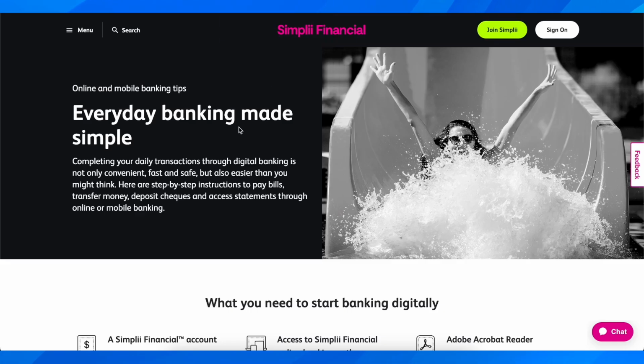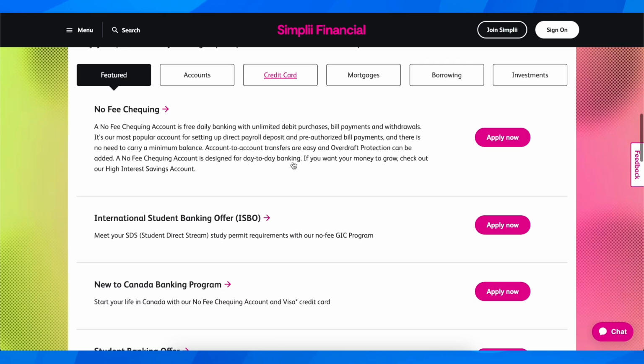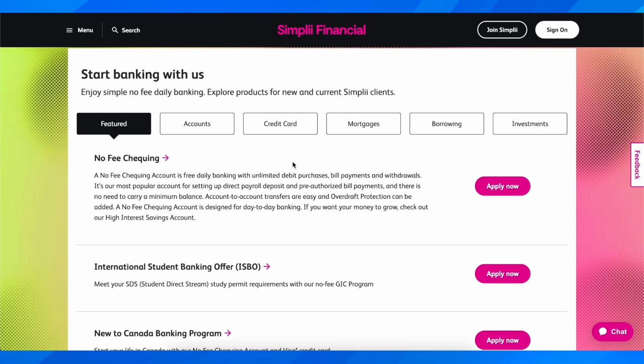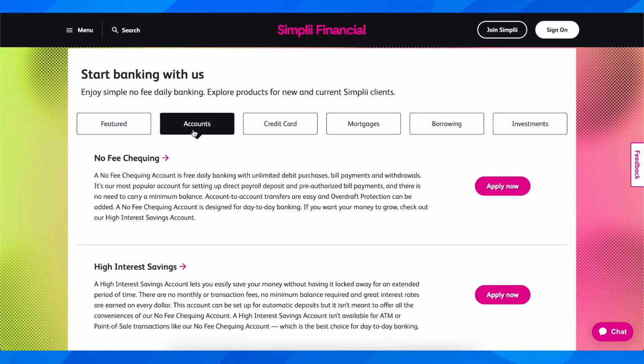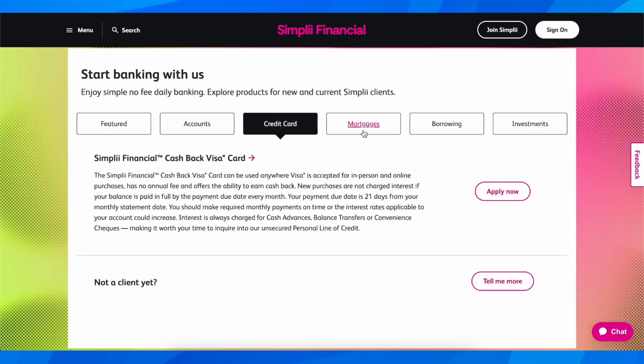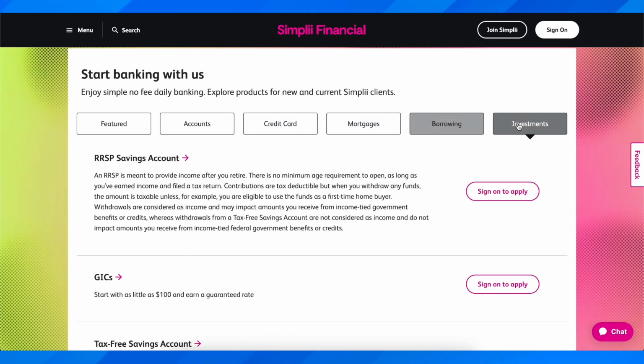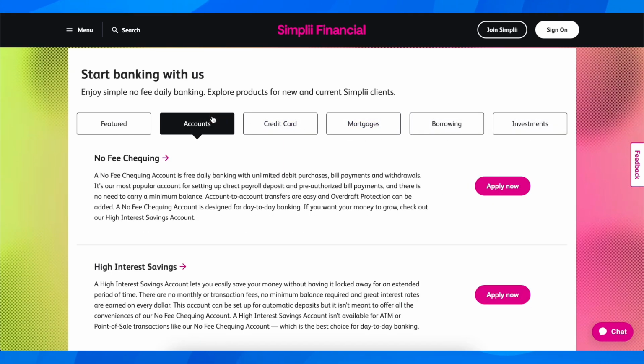And after that you're going to have to create your account. So you can simply go to Simplii Financial account and then simply click on join, and then you're going to get redirected here. And as you can see, you have different options. So you have accounts, you have credit cards, you have mortgages, borrowing, investments. So all you have to do is simply choose any of these and click on apply now, and then you